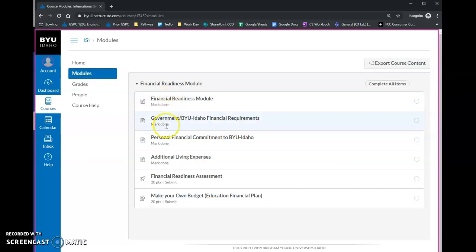So we have 6 items here that you need to complete in order to complete the Financial Readiness Module. It says complete all items. As you complete each of these, you'll see a green check mark here, so you'll always be able to tell which ones you've completed and which ones you have not. So I'm going to go first of all into this Financial Readiness Module, and then we're going to go through each of these quickly, and